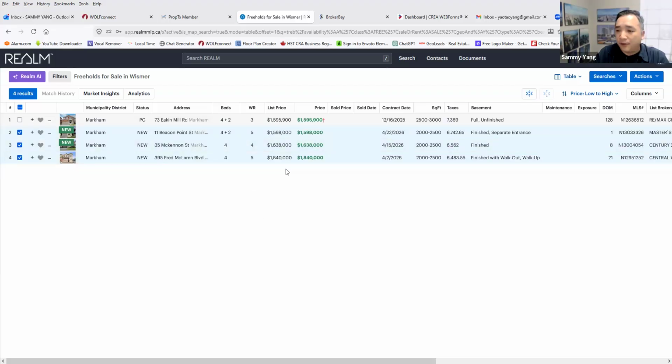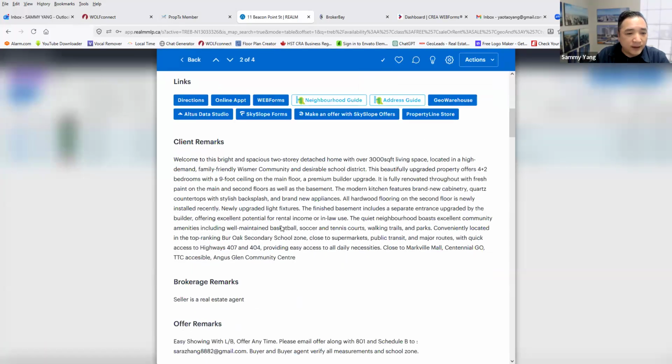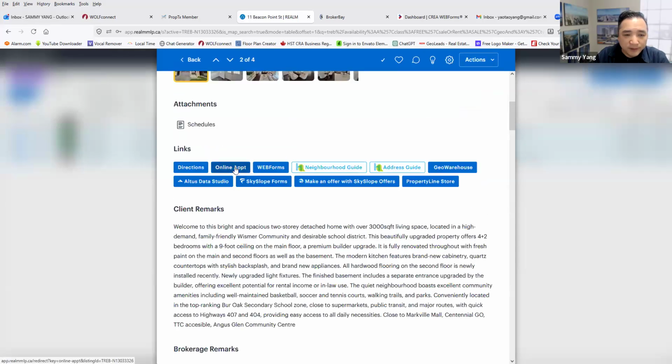And maybe you can use Zoom, same as now. You can ask your client to log into the Zoom, share your screen, talk to your client to see the search property together with them, and sort how many properties you can book appointments for. Now let's say these are 3 properties, and you want to book an appointment. You can click the property, then click the online appointment to book an appointment. Or